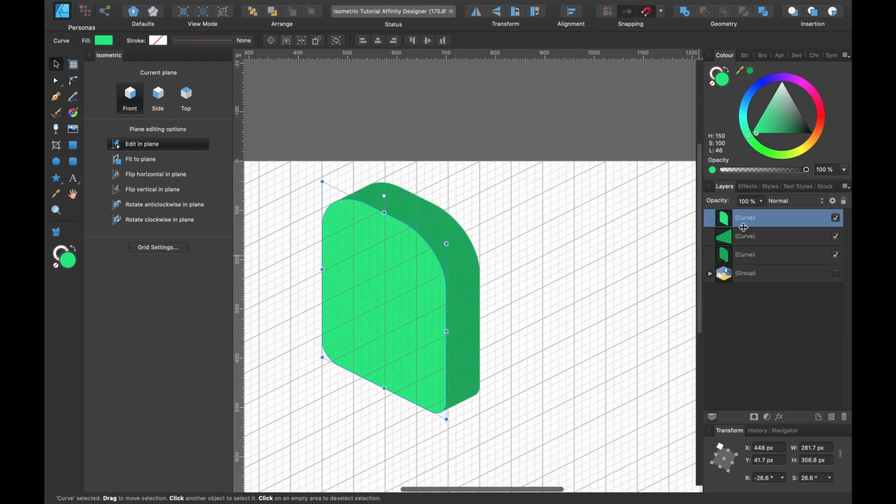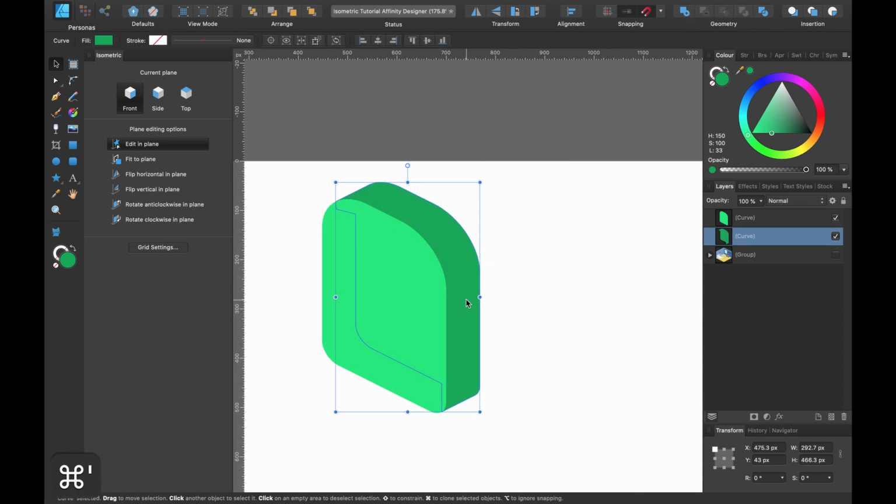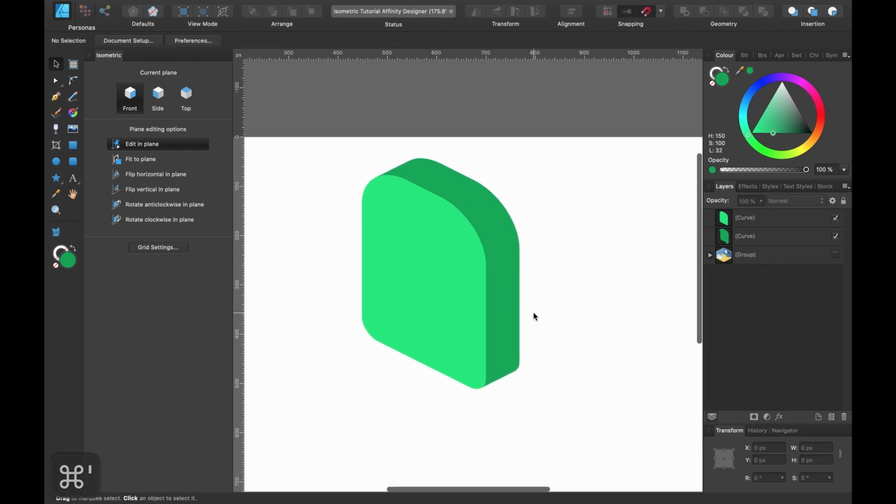Okay, and once again, we've got these two shapes here. This one that I've just made and the background one. So I'm just going to select both of them and press plus, add. So it's going to add both of those shapes together into one shape. And I'll turn off the grid so we can see what we've created so far. So you can see it's looking a little bit more three-dimensional.